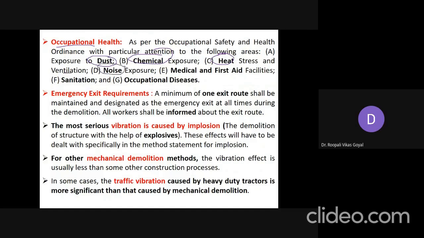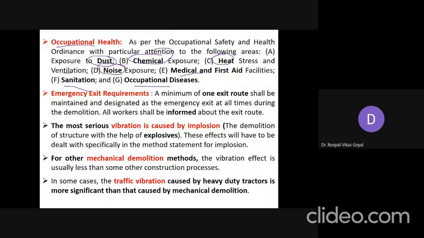Then noise exposure, noise pollution would be there. Medical and first aid facilities should be provided if an accident takes place. Then proper sanitation should be provided, and it should be free from occupational disease. So due to the demolition, no health issue should take place, that is to be taken care of.